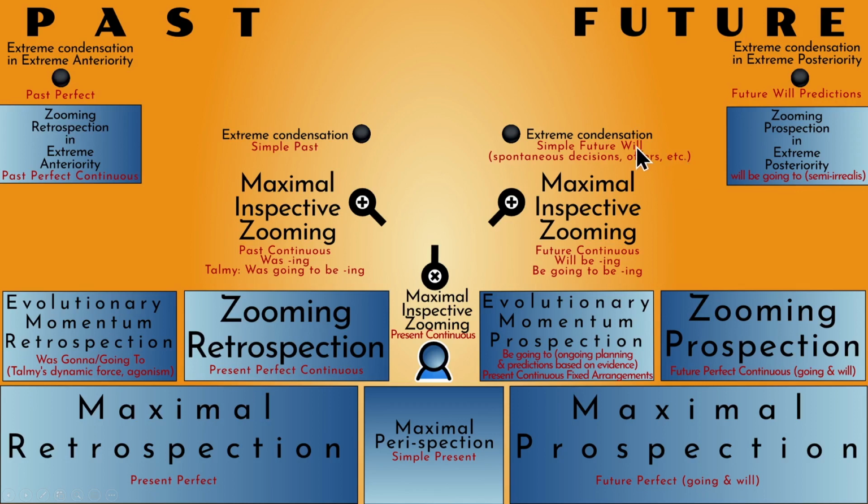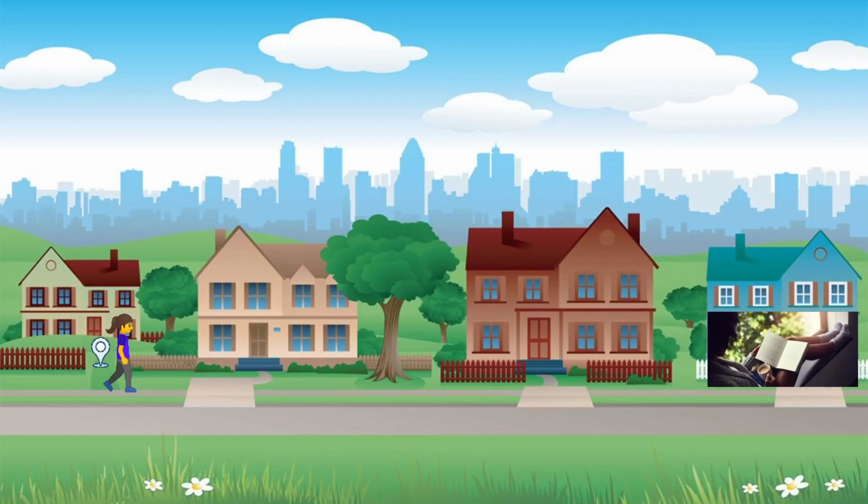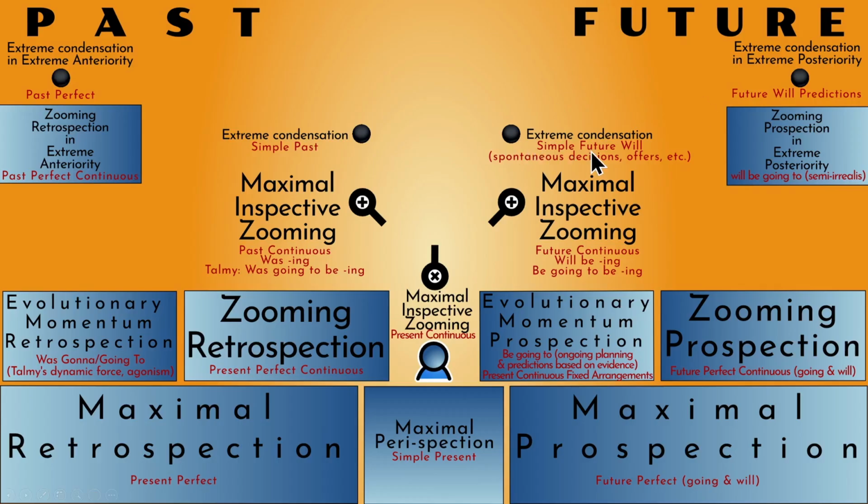And that's simply because if you think about it, when you are using will, what you are doing is that you are losing sight of the many details, and if you're taking a spontaneous decision, you didn't plan anything about that particular decision. Let's say, for example, that the phone starts ringing at home, and I say, okay, I'll take it. I'll go and answer the phone. I'll go, or somebody's knocking on the door, and I can say, I'll go and see who that is. All of those examples of spontaneous decisions are